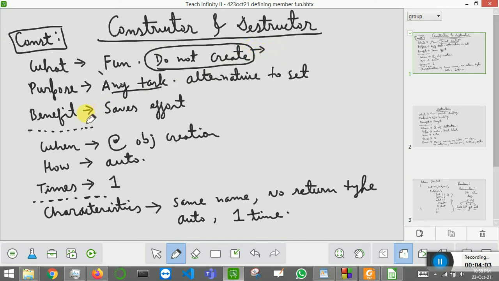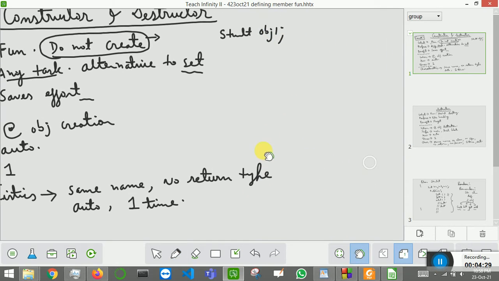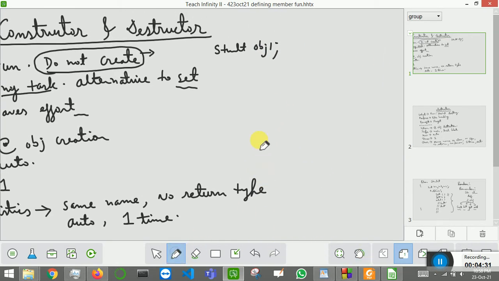The third thing is, if we already have a set function, then why are we using a constructor to assign values? The thing is that it saves effort. For example, when you are creating object without constructor, you will create like this: Student object 1.